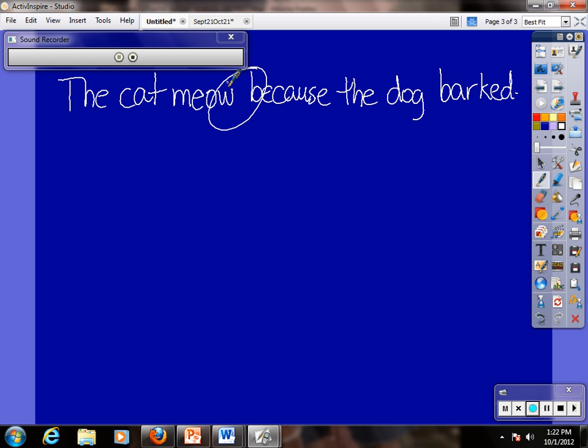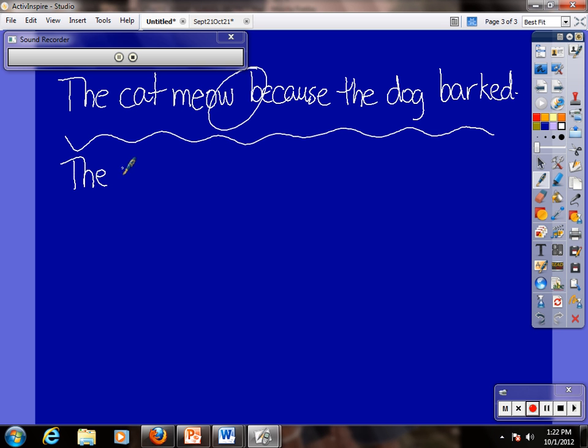That's pretty much it on the complex sentences. There may be more than one dependent clause in there, in which case you'll have to have more than one comma, but just read those sentences, and where you have a subordinating conjunction, figure that out, and then put the comma where necessary. Okay, other comma rules: compound sentence.